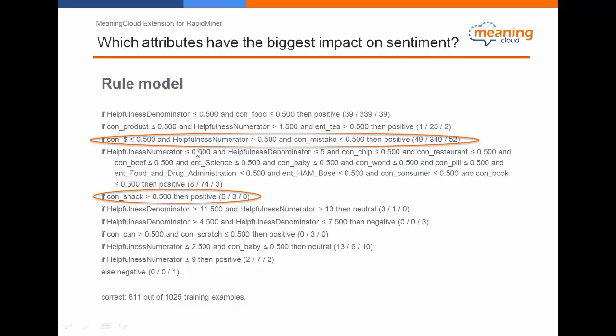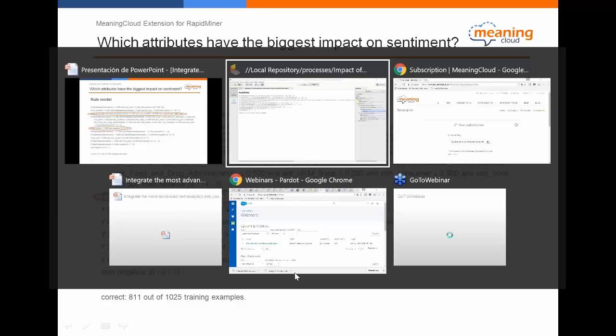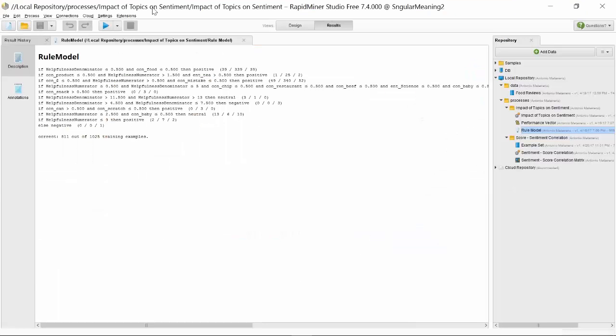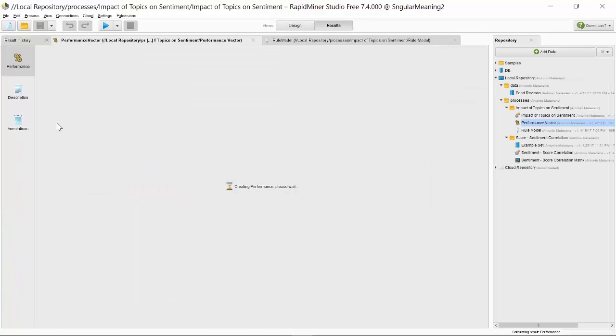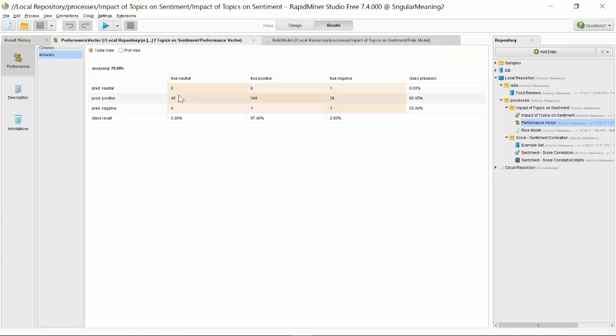So this is the model. We apply that to my test set, and the results of this quality analysis, if you want, is this one.